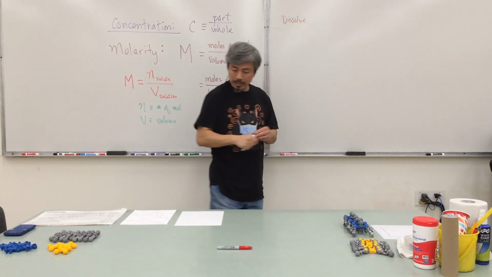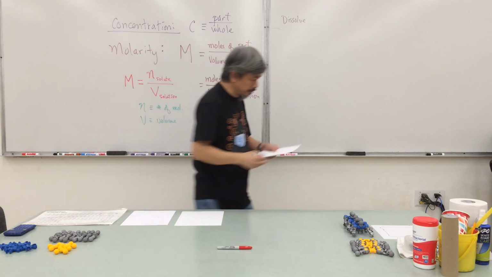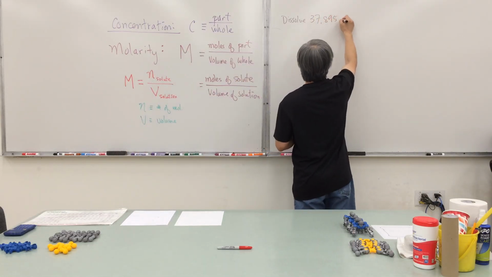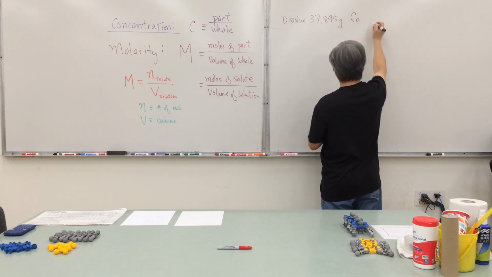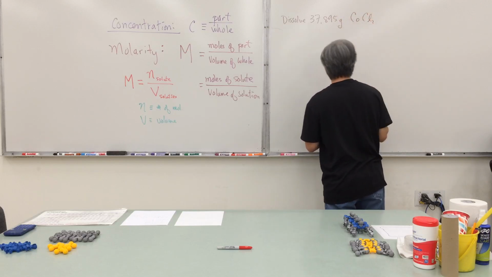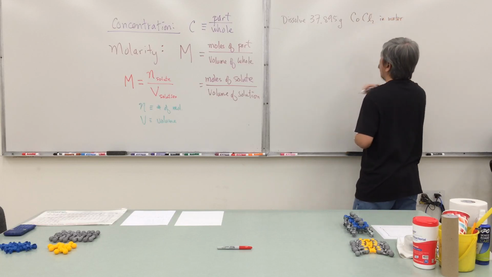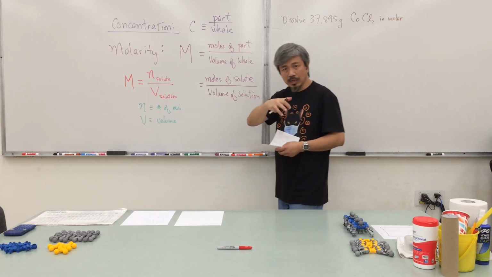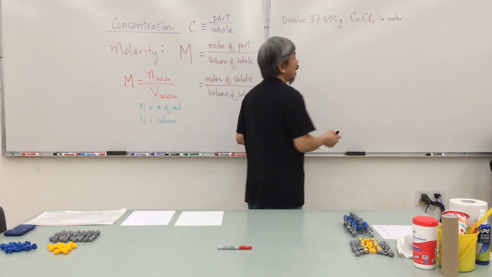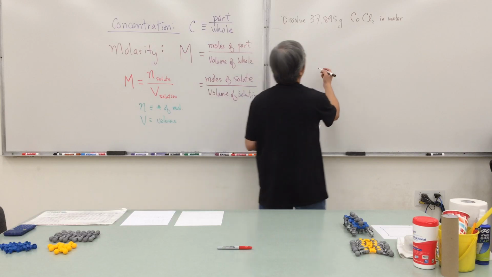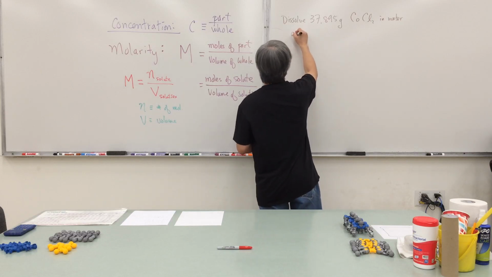In this case, let's say we have 37.895 grams of a certain compound, let's say cobalt 2 chloride. So this is going to be solid to begin with in water. So we're going to put it in a little bit of water, mix it up a little bit, and let's start to dissolve. And then once we have most dissolved, we're going to add additional water in there until we have a certain volume. So then we go ahead and dilute it,